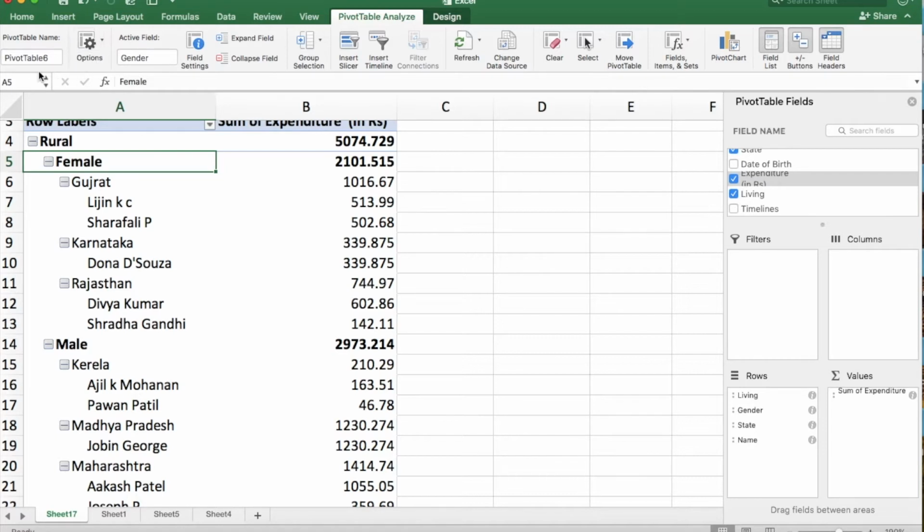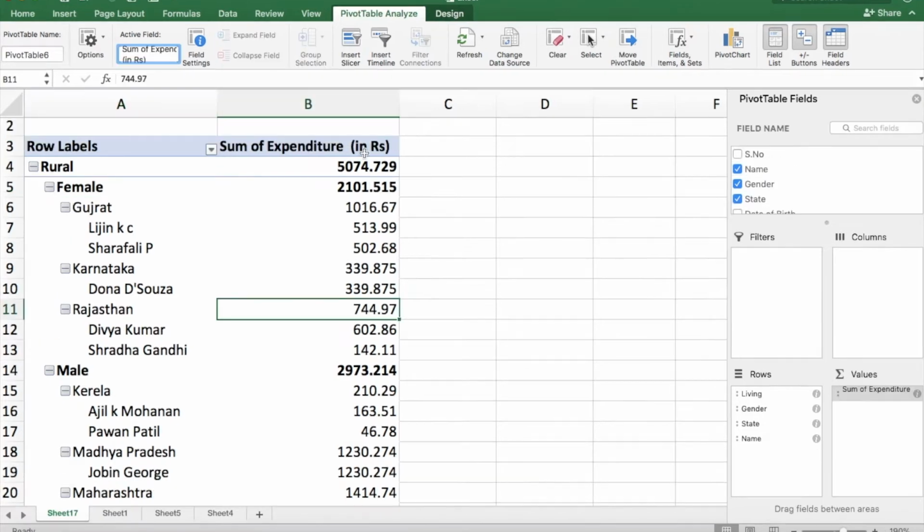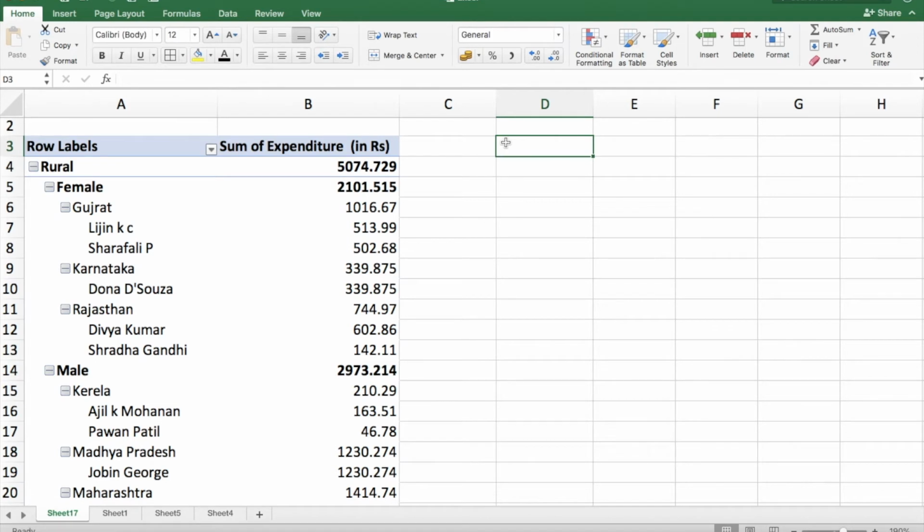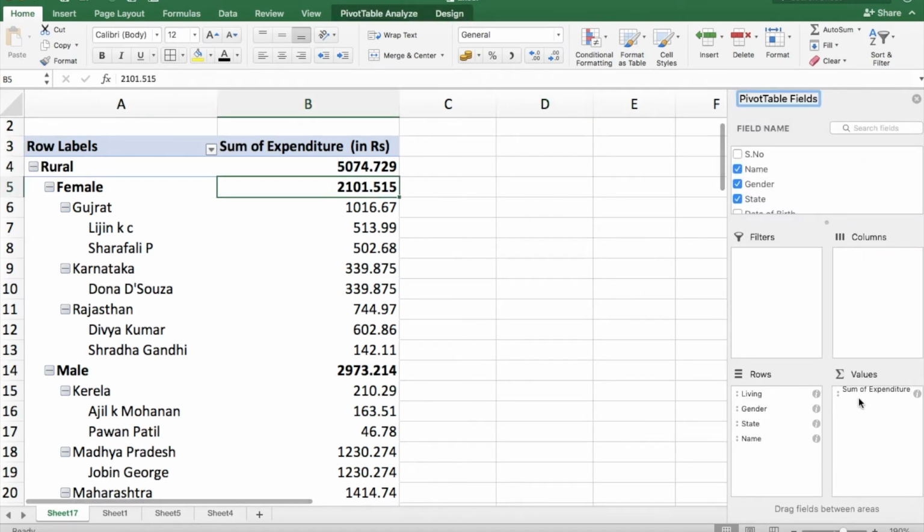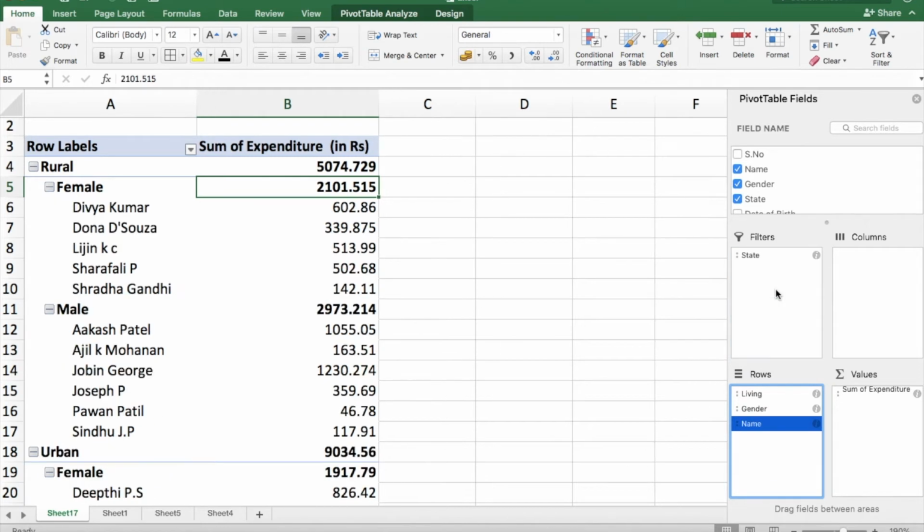Now I will explain one by one each option the pivot table in Excel gives. In the pivot table, we can increase the number of columns. If we have more data we want in the column, we can simply add it in the values option and select it. And in the same way we can also add or delete any rows option from here. Now we will see how to apply filters in any pivot table. From the rows, state is available. I will simply drag that state into the filter option.